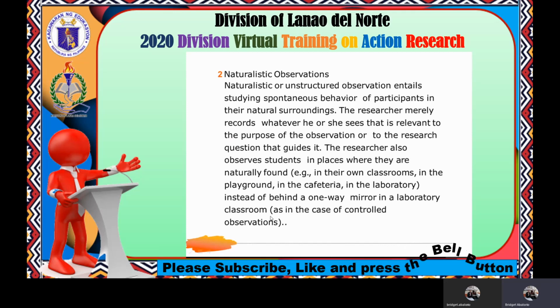Another disadvantage is that researchers who apply naturalistic observation may have to undergo training. Mag-training gid ka to be able to appreciate distinctive aspects of a situation that are worth further attention. So, medyo crucial siya kung naturalistic ang imong gamiton kay manggawas na mga attitude nga sensitive. So, you have to train yourself to be able to appreciate these aspects. However, the major limitation of naturalistic observation